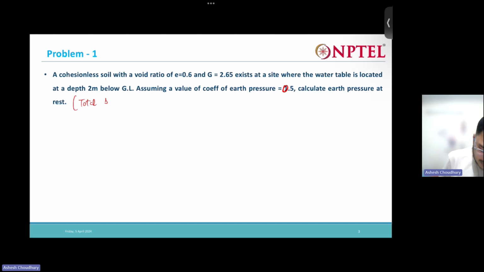Total soil depth is given as, okay, the cohesionless soil with a void ratio is given, G is given, water table depth is given, total thickness of the soil is given, and the earth pressure coefficient is also given. So I have to calculate the earth pressure at rest. So this is very easy. So first what we do, we calculate the dry unit weight of